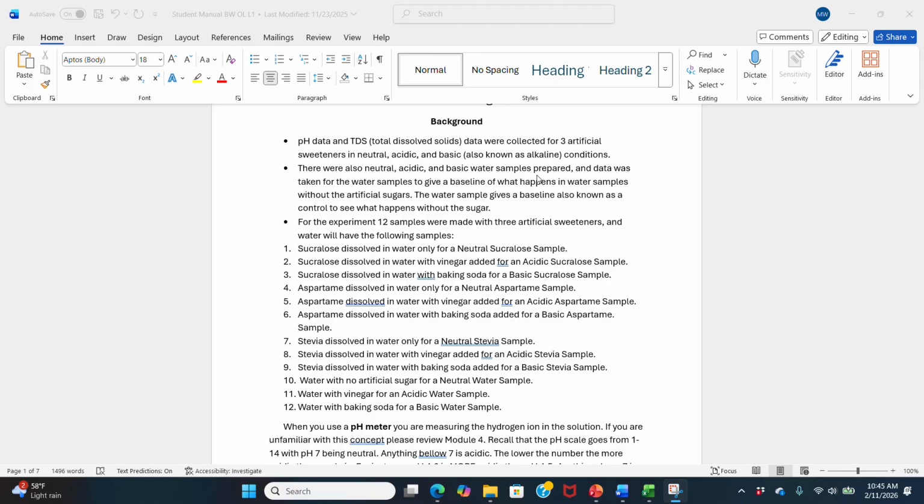You'll also have a fourth set that is just water. That's water, baking soda, and vinegar. That's your control that you're measuring everything against. And when you actually do the lab, not here for the first lab, but when you actually do the lab, you will be taking your TDS meter and your pH meter to measure over time those readings,